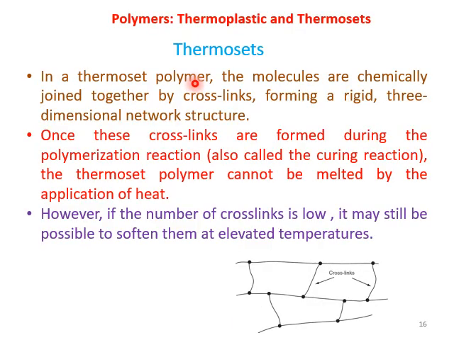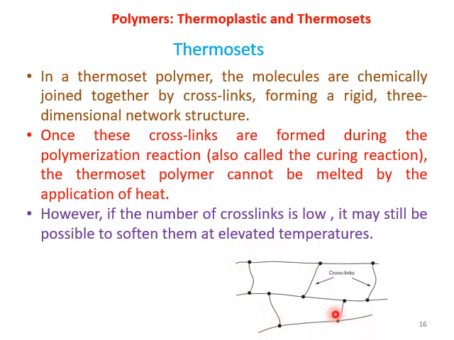Now we'll be looking into two different types of polymeric matrices. First is thermoset and another is thermoplastic, right? Now, as we have seen, a polymer consists of a large number of chains of polymer molecules. Suppose this is one chain of polymer molecule, this is another chain, and this is another chain, and this is the entire polymeric material, right? Now you will see that these different polymeric chains are joined to each other by means of a crosslink. So once they join to each other by means of a crosslink, they form a rigid three-dimensional network, right?